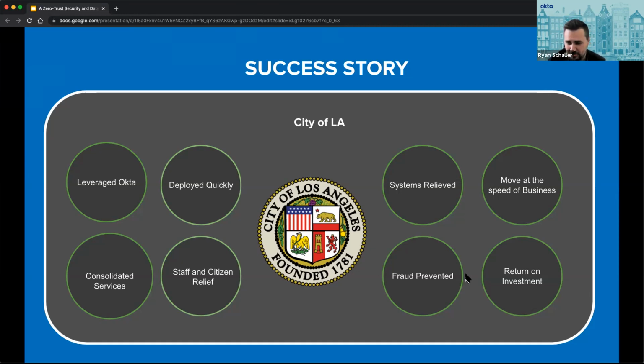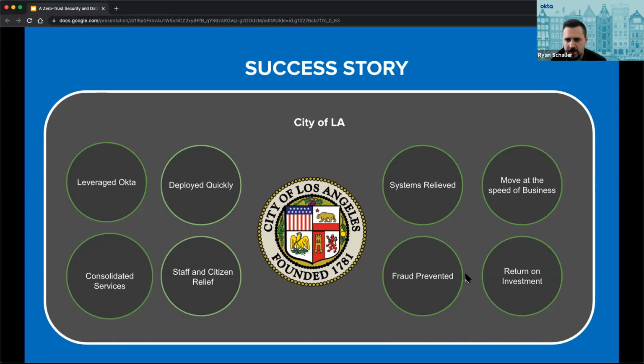So the demand for it was important, but being able to relieve some of these systems and processes, and as they said, moving at the speed of business, is what deploying this type of technology can do, and was super important for them. So it was really cool to see Okta logos proudly displayed on LA Bavin, which is Angelino services. Those are things that are exciting, and it's a way to showcase to the people that you're catering to, hey, look, we're adopting new technology. We're making it easy for you to log in. We're making it simple for you to have one credential.